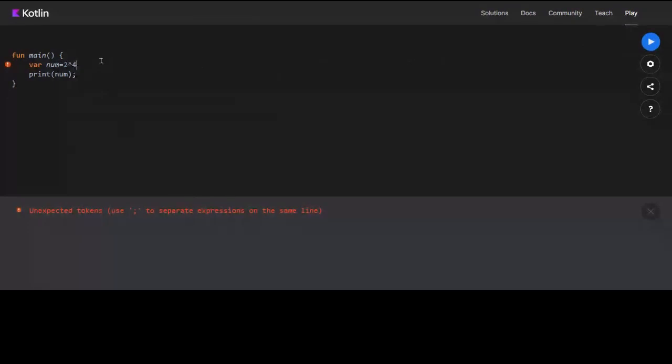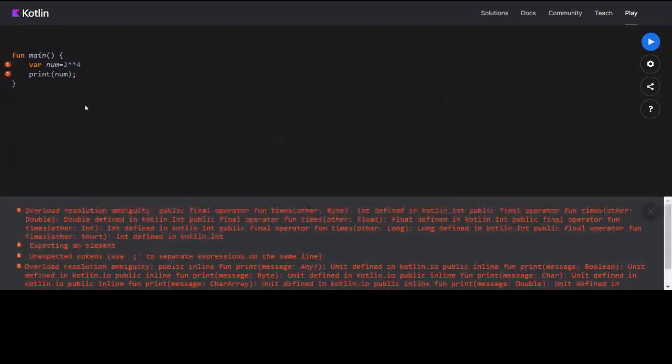I don't think it is working. No. Google it. Operator in Kotlin.